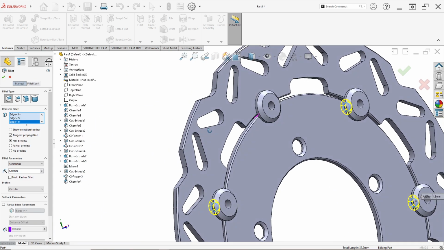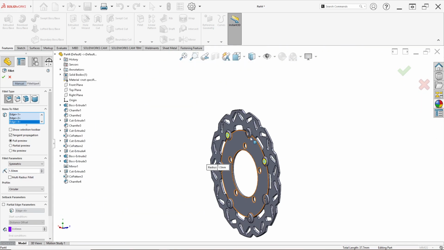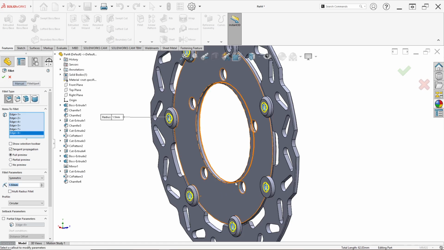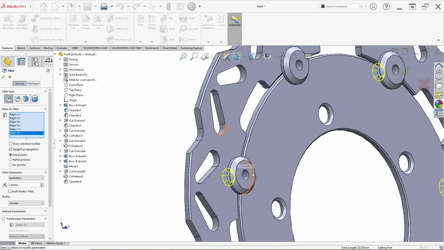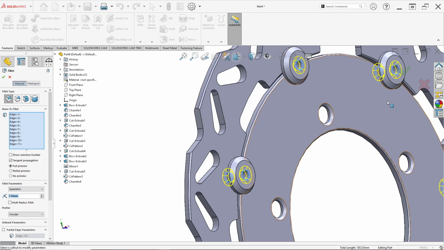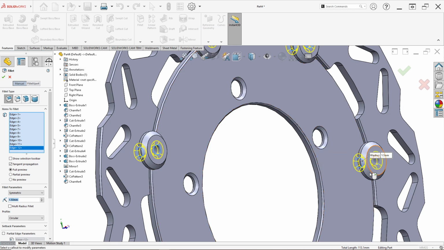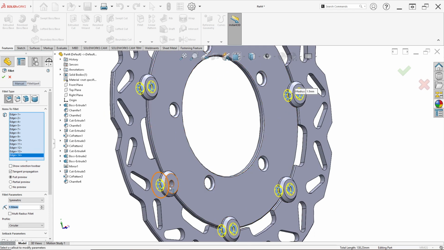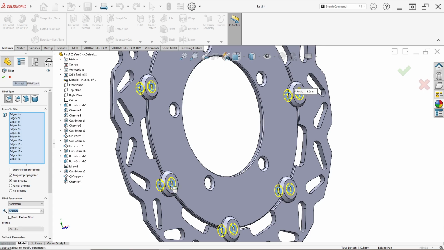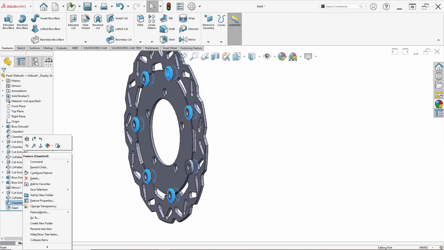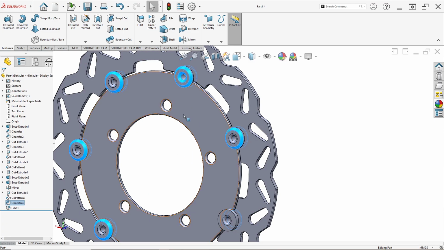I choose a chamfer, actually fillet in here. And this edge, this edge, this edge, this edge, this edge, this edge, this edge, and this edge. Just click OK. For chamfer you can edit in here.